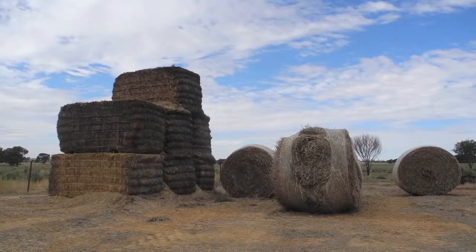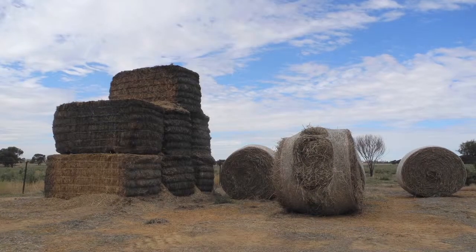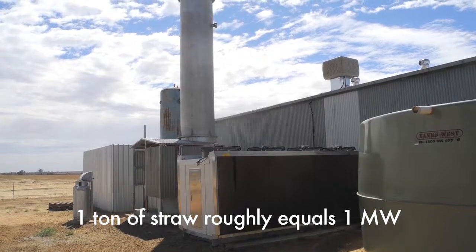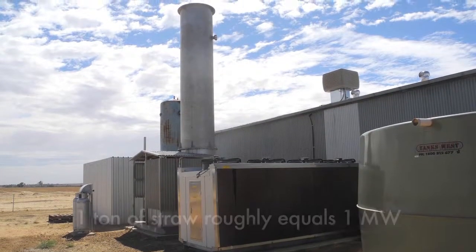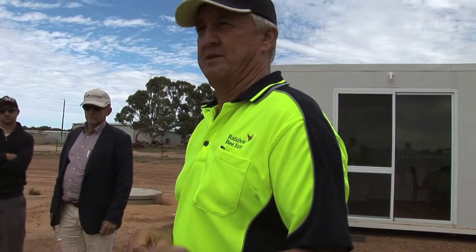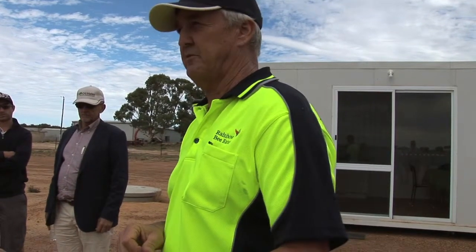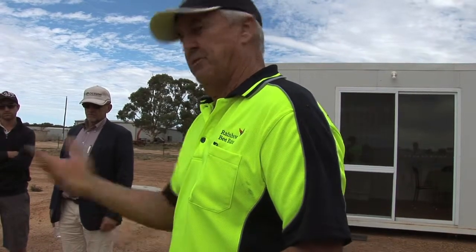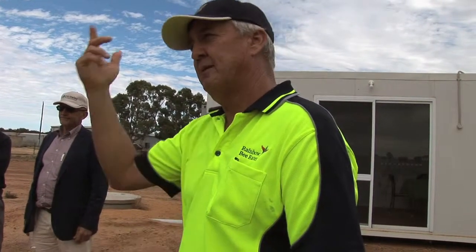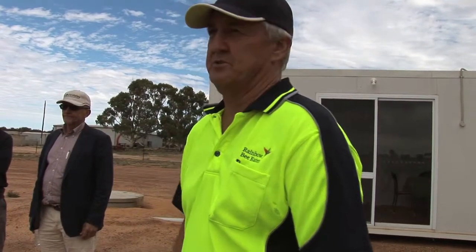At the same time we're doing that, for a tonne of straw, we're producing roughly a megawatt. That's a pretty rough number. Everything's got to be going really smoothly to do that, but roughly a megawatt, of which we can export about 0.75. That offsets around about a tonne of coal that doesn't have to be dug out of the ground. And we've stored that carbon in the soil from our biochar. And at the same time, just by the way, which is what we're really doing, it's probably going to...